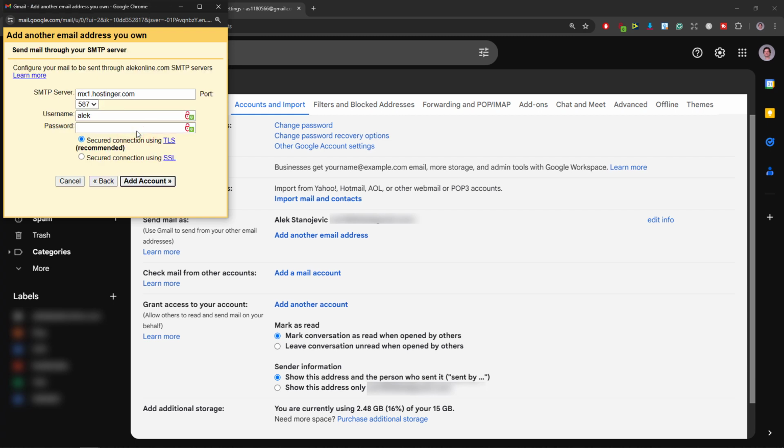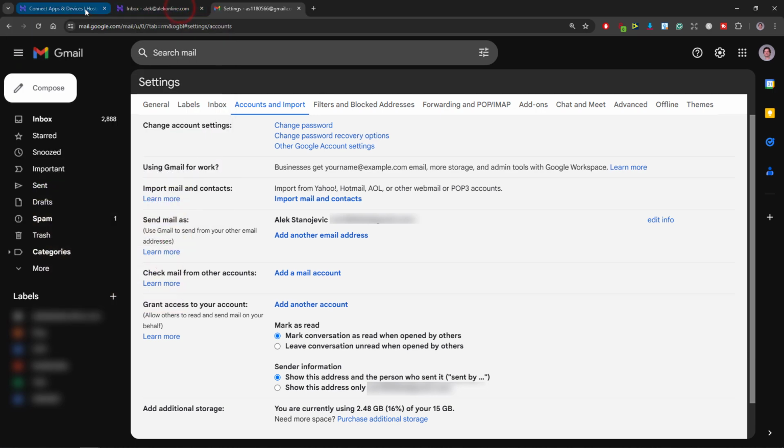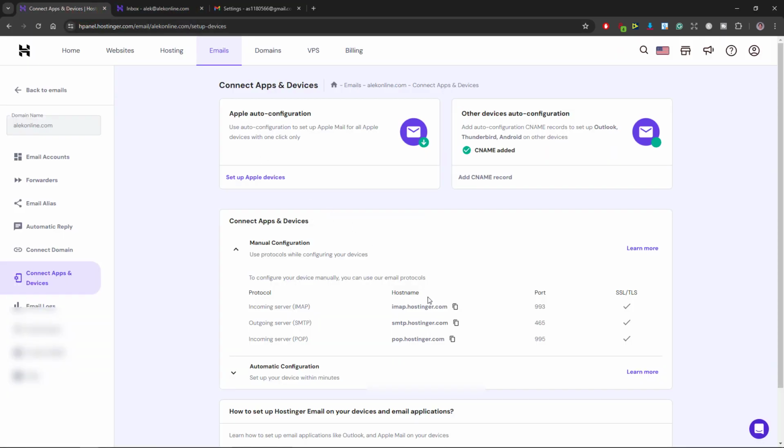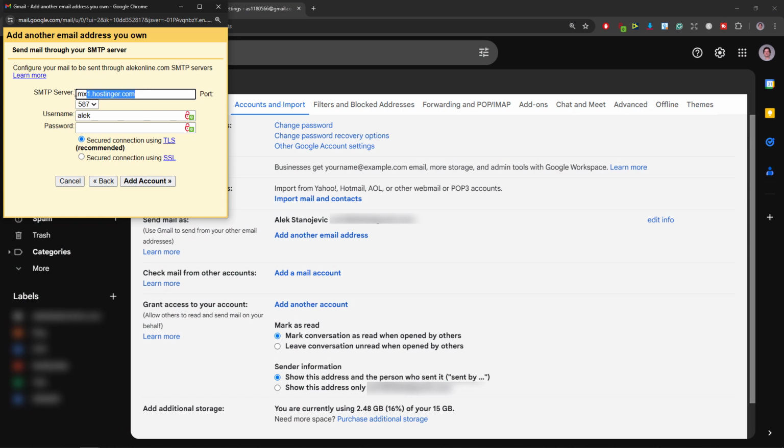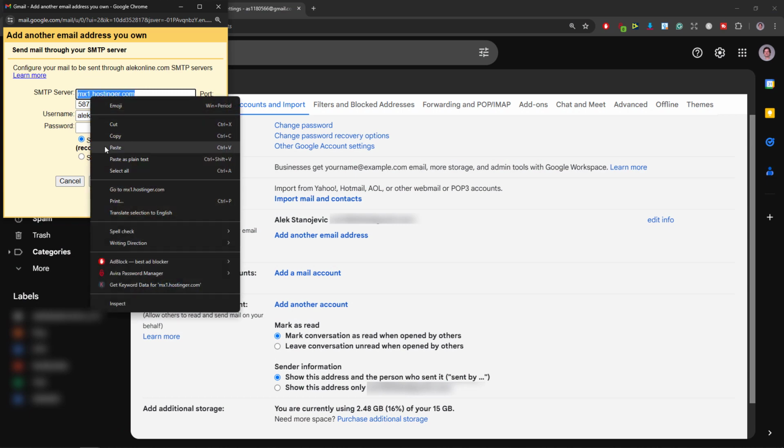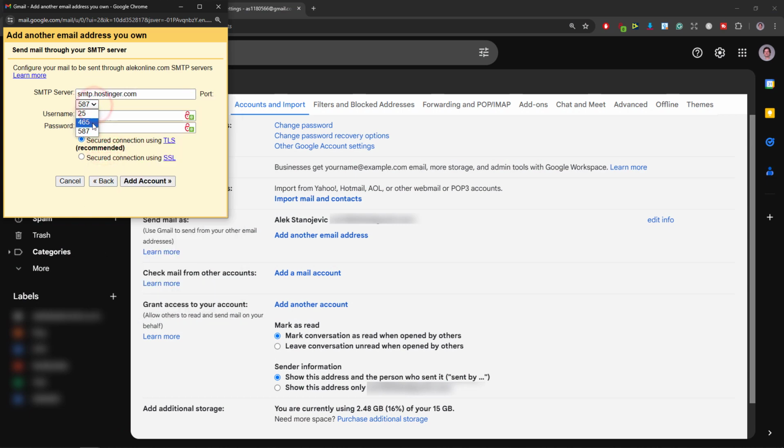In this next step, you need to make some changes so the emails can be sent via Gmail. First, you need to enter the SMTP server configuration link. In order to do that, return to your Hostinger account, copy the outgoing server link, and remember its port value, 465. Go back to your Gmail, open the pop-up window, paste the outgoing link, select the port value 465 from